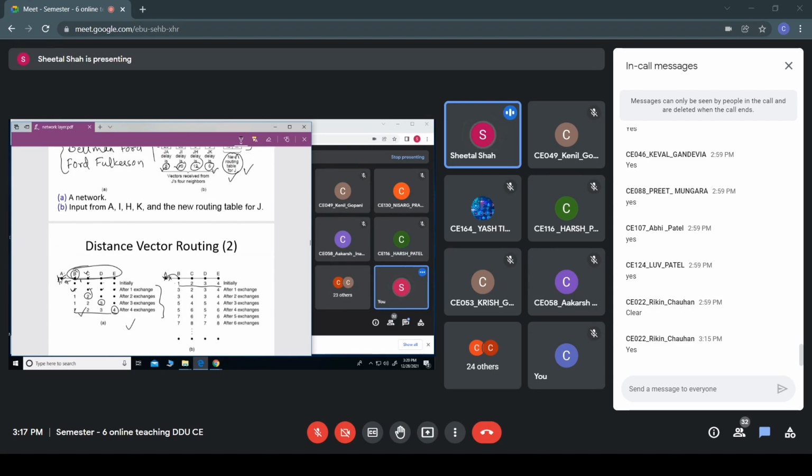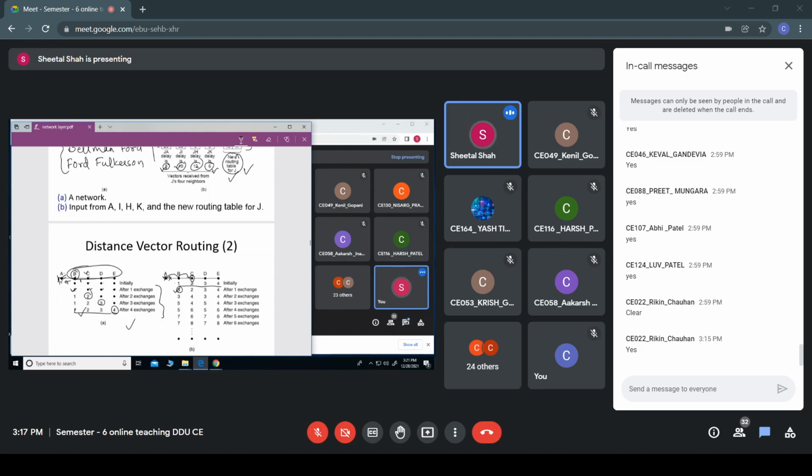Now B will also receive from C, and it knows that C can reach A in two hops. So it will assume that since C can reach A in two hops, it doesn't know that this is through B itself. As it knows that B can reach C in one hop, it will update B's distance to A to 3.